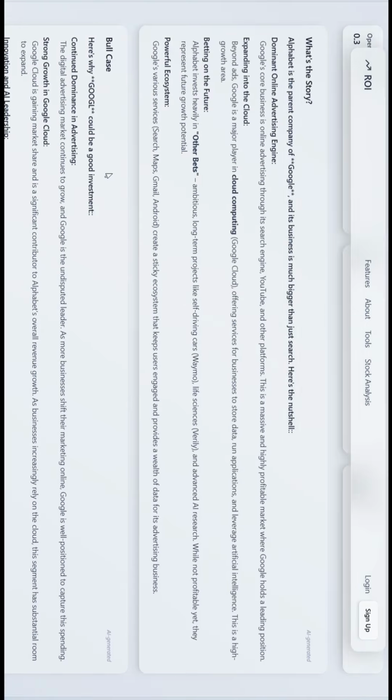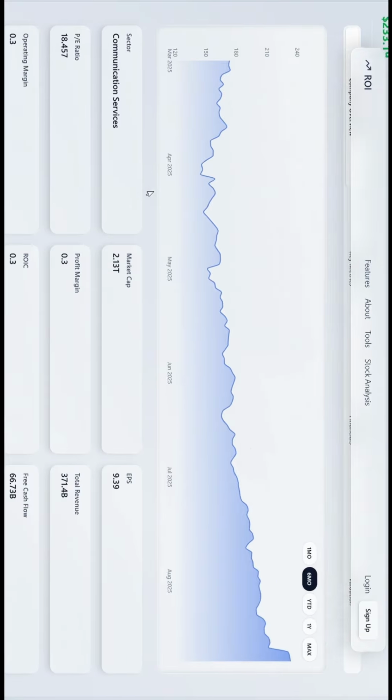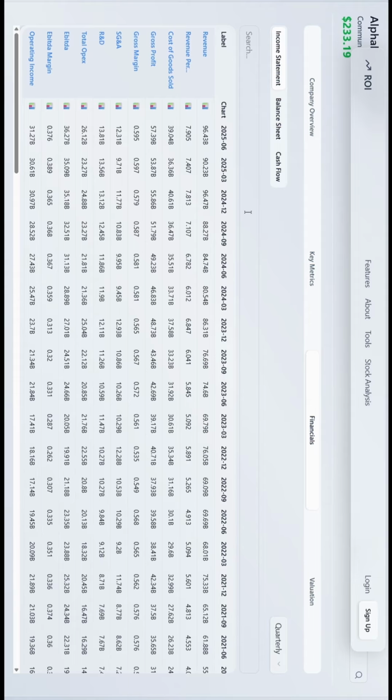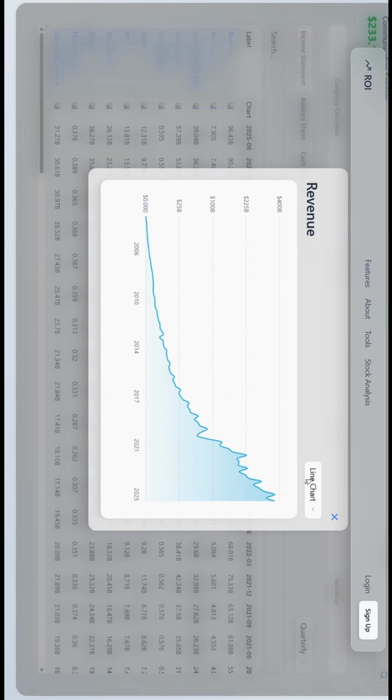All right. So before we actually start the valuation, a good practice is to always look at the financials for the company that you're planning on investing in. So here we go. I'm going to be looking at quarterly. The first thing I want to look at is revenue, and as you can see, they are growing. It's a steady climb over the 10 years. It's fueled by the search engine, as you know, and by YouTube and cloud. But now AI is basically making its mark.